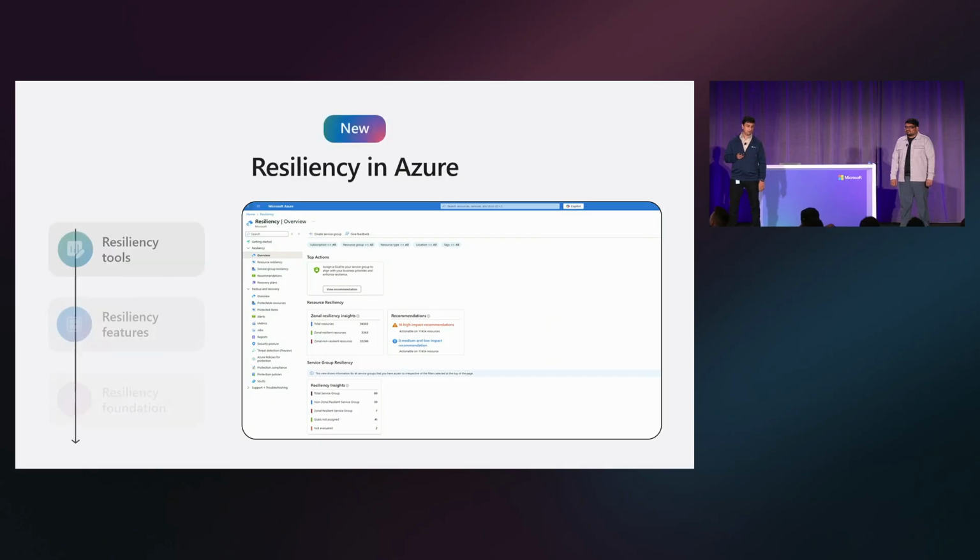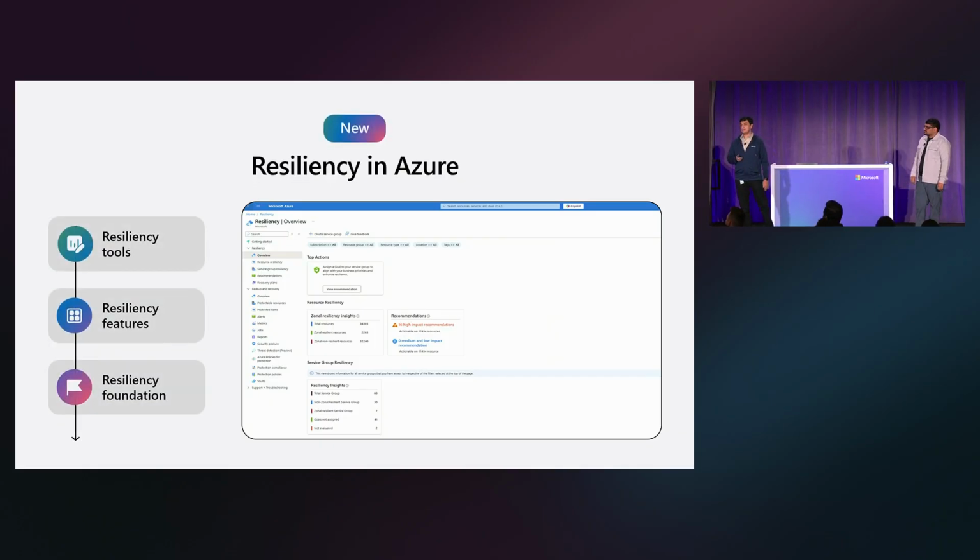Before I start talking about data resiliency and cyber recovery, I would like to establish a few fundamentals that we have been chatting about throughout this Ignite about resiliency. If you had the opportunity to attend our sessions yesterday, Breakout 217, Breakout 148, we did cover in depth our new portal announcement on resiliency in Azure. That is what we are excited to talk about here in the next few slides.